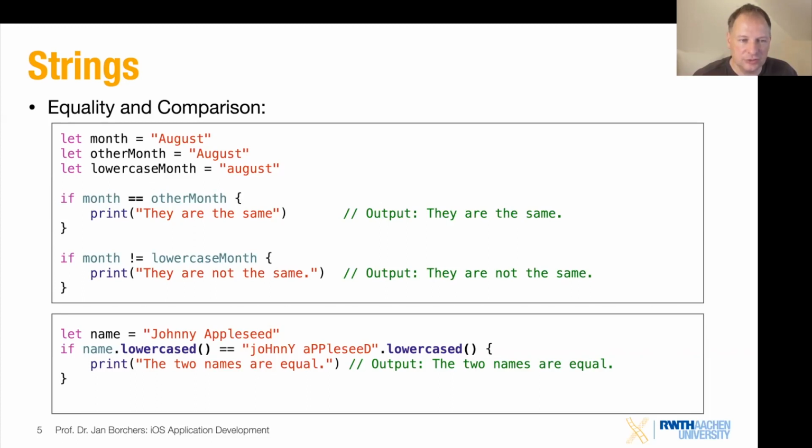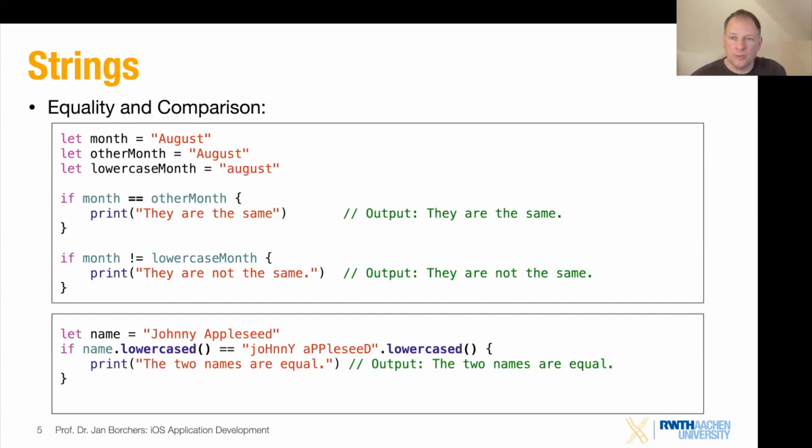It doesn't force you to go through and call a clunky equals function on strings. The equal operator turns out to make things equal if they have the same contents. Lowercase and uppercase, however, of course, differ, as you would expect. So you can see the next line there, this second one would also trigger, because month is not the same as lowercase month because it's spelled with lowercase a.